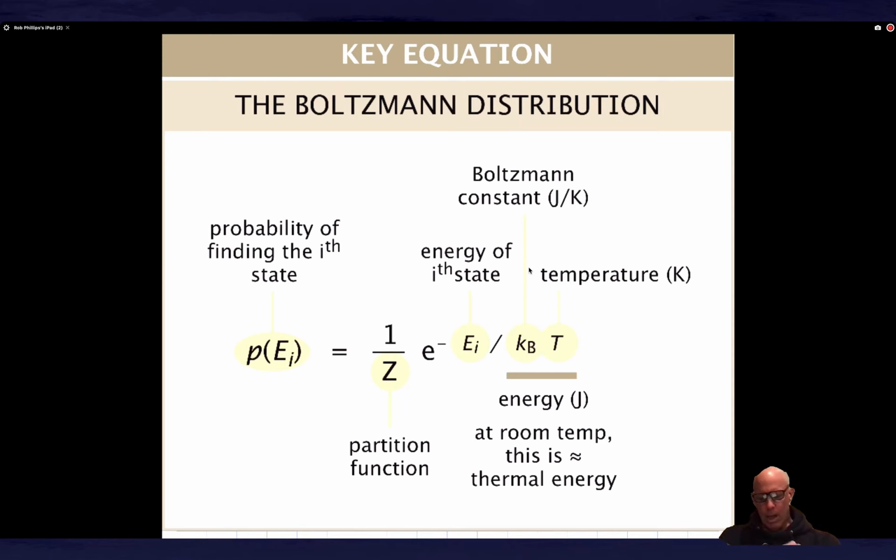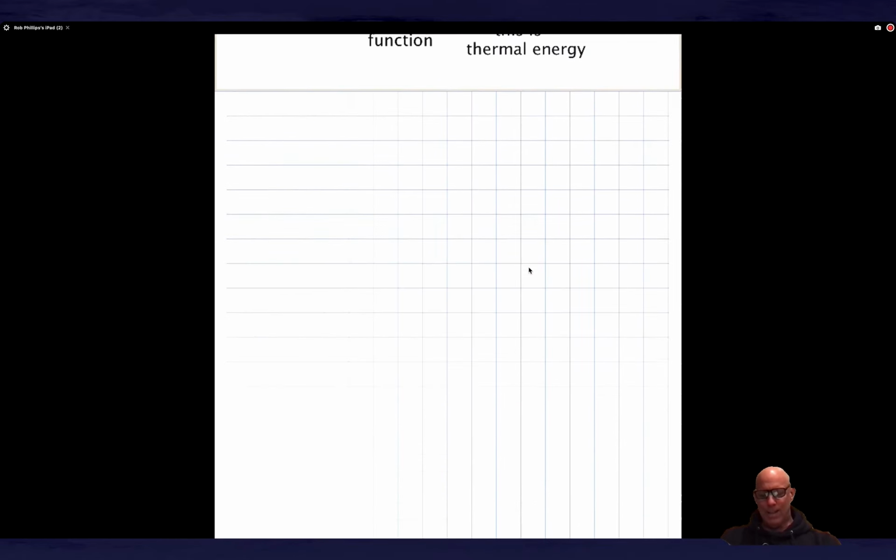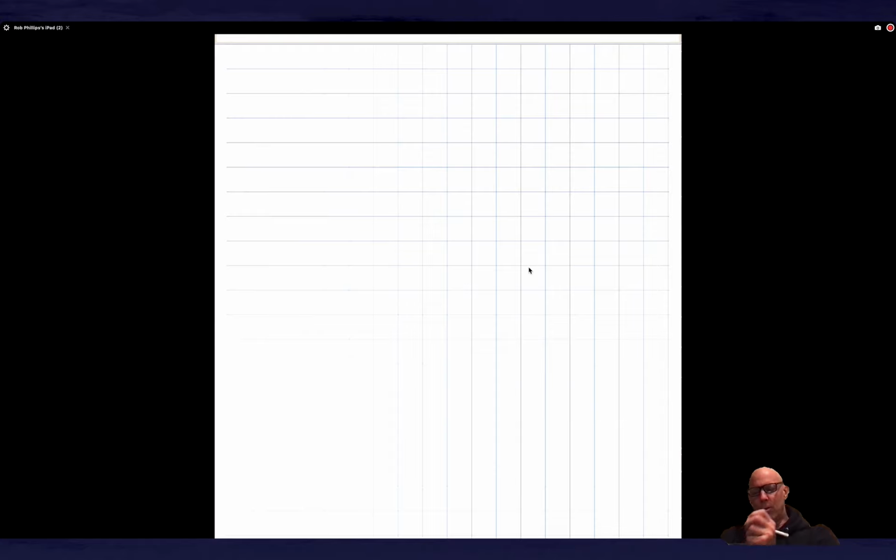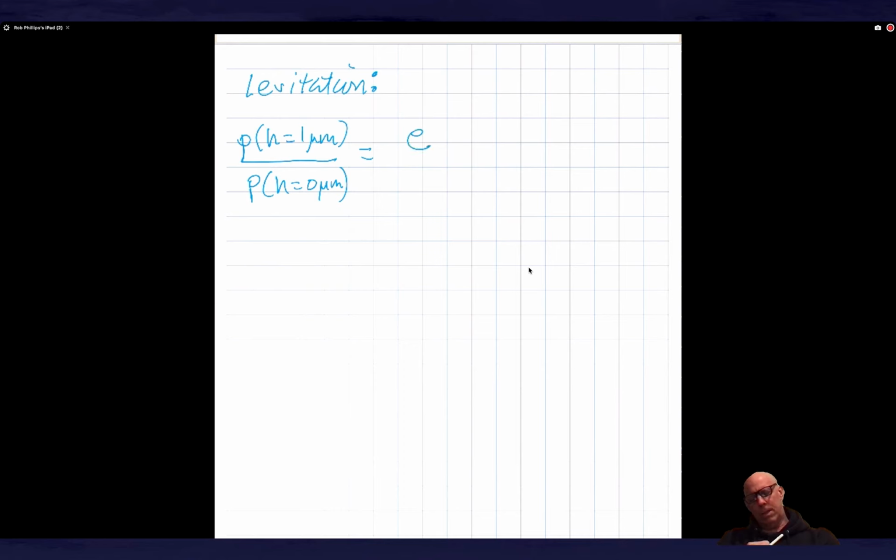If we were in the classroom right now, I think I would likely try an example on you, which is that I would try to levitate. What do I mean by that? I would sit on the floor and close my eyes and sit in some yoga position, and then I'd tell you, okay, let's see if I can levitate by a micron. The way I would go about that is to compute the probability that I'm at a height of 1 micron and divide it by the probability that I'll be at a height of 0 microns. So the edict from Boltzmann is that I take e to the minus the energy of the state of interest